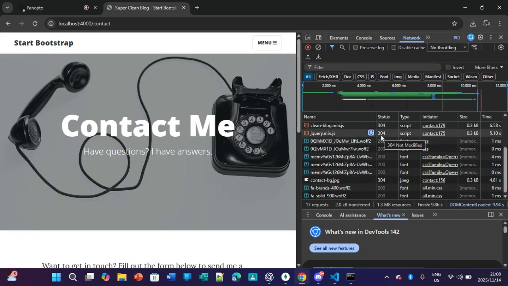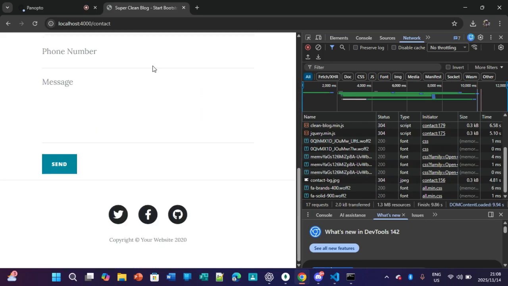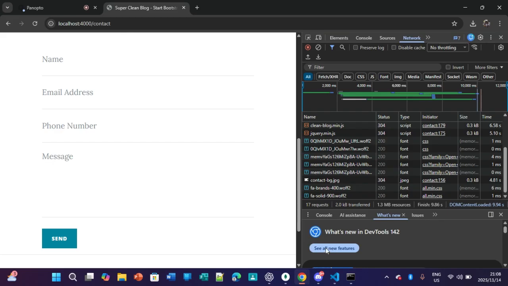304, nothing's been modified. 200, obviously, means something has been modified, but it's okay. 304, nothing has been modified. You can't modify JavaScript. Contact, that JPG, 304, that means not modified, JPEG. Then you've got to contact me, right? And then,